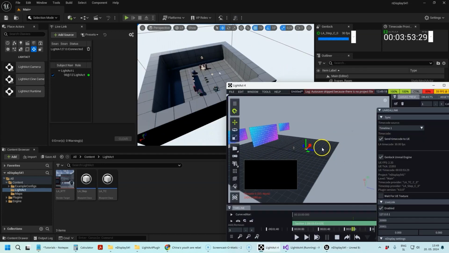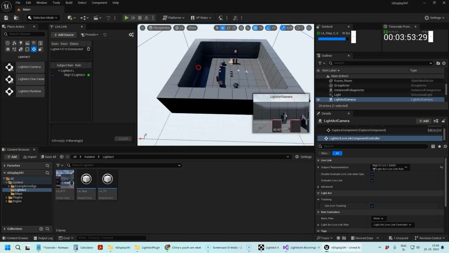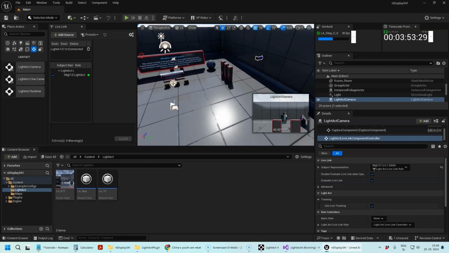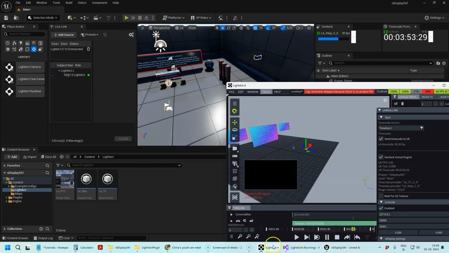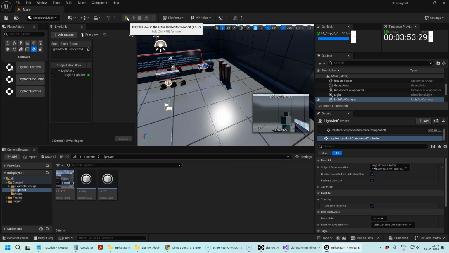And you see that there's a camera here, and it responds to the movements of the thrower here. All right, so if I want to receive the texture, I click on play,